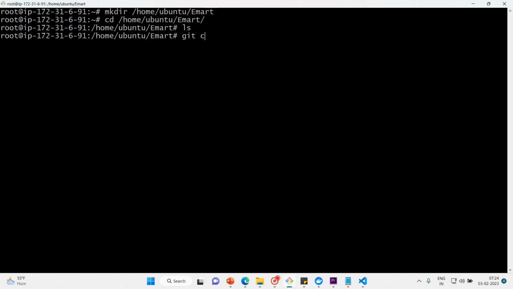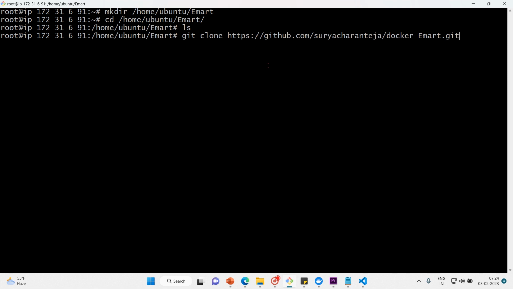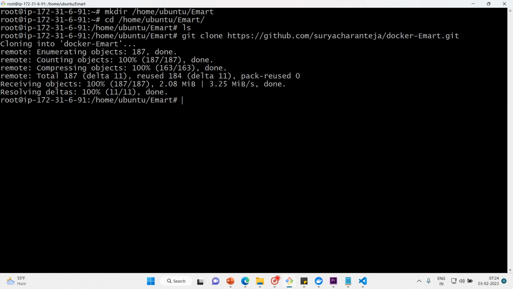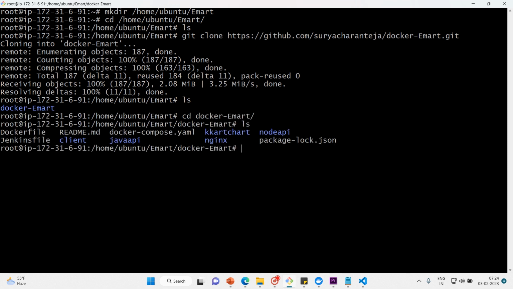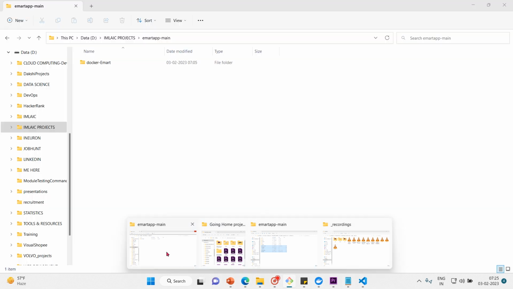So here I'm going to clone, git clone. The repository, the source code, has been cloned. Now let me do ls. So cd docker emart, ls. So this is what it consists of. Let me give ls -lrt. Before that, let's go through this